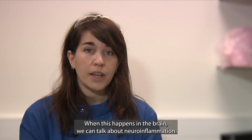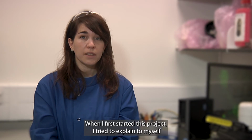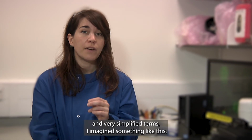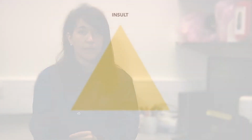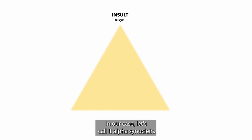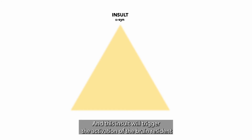When this happens in the brain, we can talk about neuroinflammation. When I first started this project, I tried to explain to myself what neuroinflammation was, and in very simplified terms, I imagined something like this. The brain is subjected to an insult, in our case let's call it alpha-synuclein, and this insult will trigger the